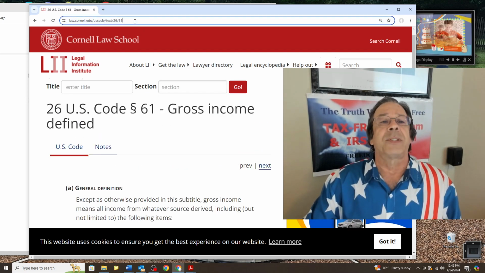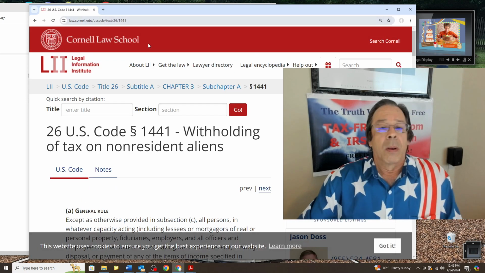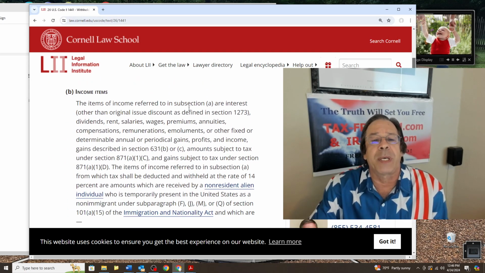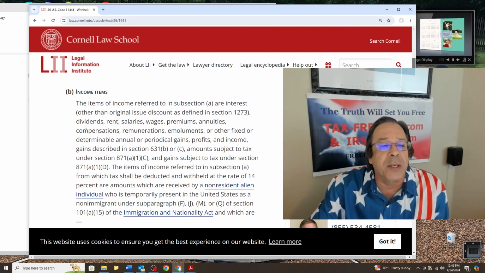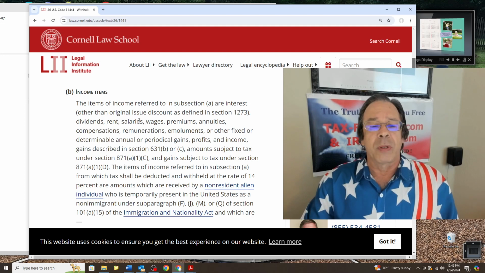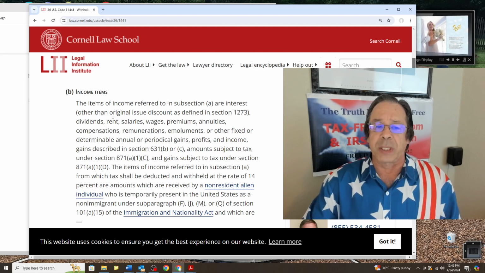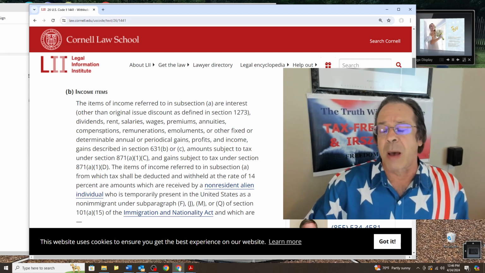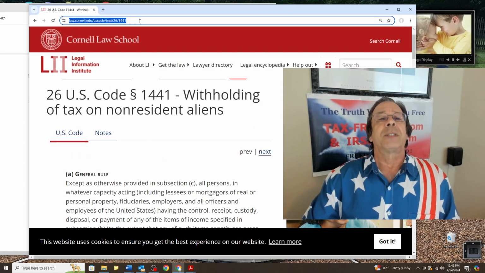Now, they are taxed in Section 1441, withholding of tax on non-resident aliens. So where it's a non-resident alien, 1441(b) says withhold from salaries, wages, and compensations, three distinct and separate sources. So the removal of two of the sources in Section 61 would appear to be intentional because there are three separate sources here. There is no intent for salaries and wages to be a form of compensation and therefore taxable. They're distinct and separate sources listed here in Section 1441.